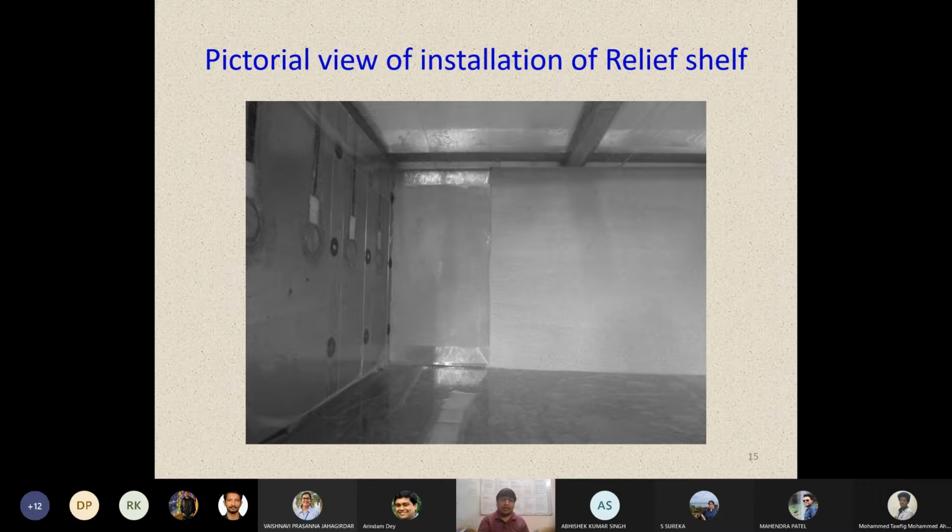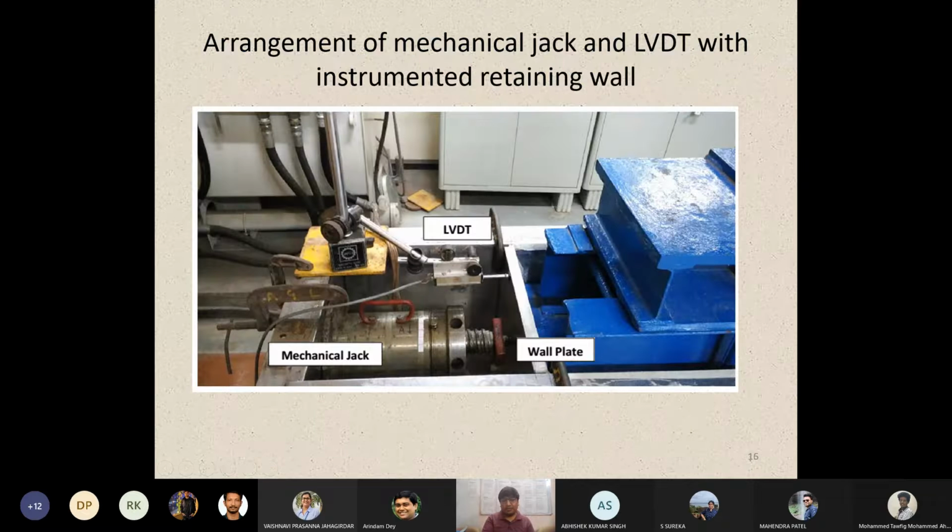Okay, so one other important thing is that because this is a plane strain condition we have to maintain, at this end of the relief shelf we have also glued some bentonite slurry, so that no friction should be offered at this end of the relief shelf. So using this pluviator, which was developed in our lab, we pluviated the sand, and at a desired density